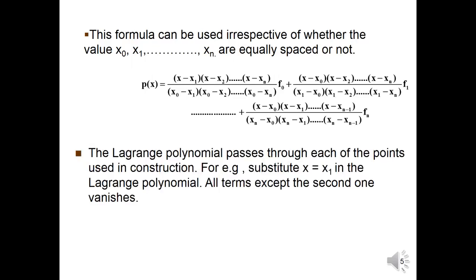The Lagrange polynomial passes through each of the points used in construction. For example, substitute x is equal to x1 in the Lagrange polynomial, all terms except the